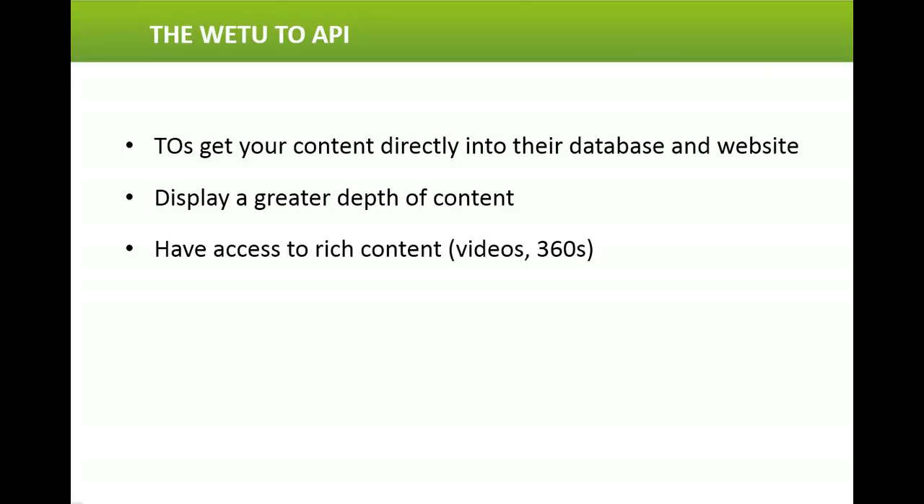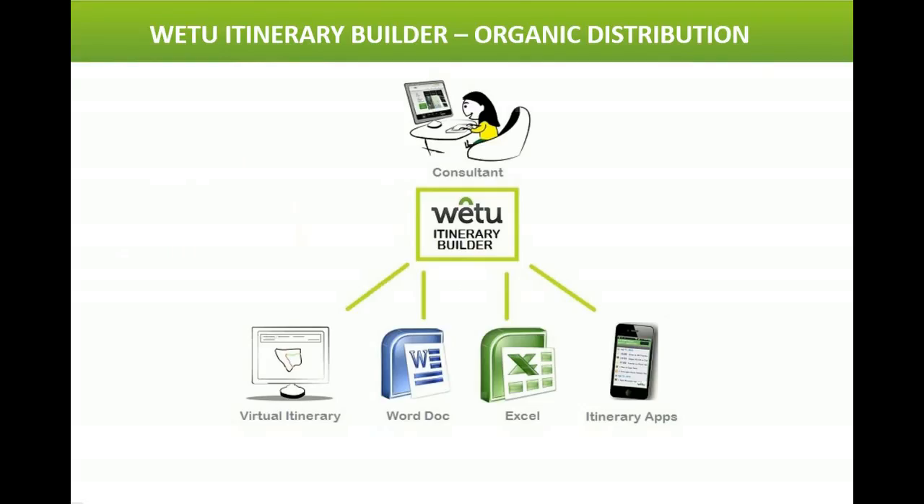The API is a content feed directly from Where To to the tour operator's database or website. This allows tour operators to display a much greater depth of content, to have access to rich media, and of course, making it easier for you and them to keep your content up to date. Now, all the distribution